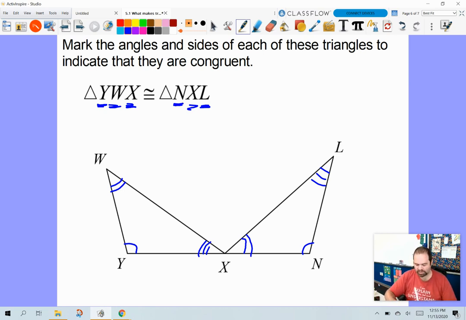So now I'm going to go back and mark my sides. I'm going to do the same thing I did on the last one. I'm going to mark between Y and W. So that's between 1 mark here and 2 marks here. That one matches up with that one. It's probably not the one you were expecting it to be. YX is going to match up with NL. And then last,